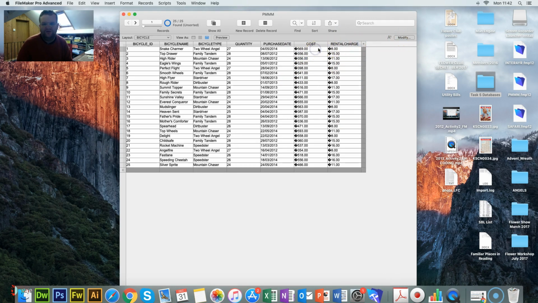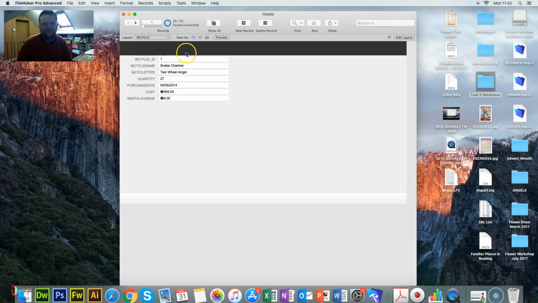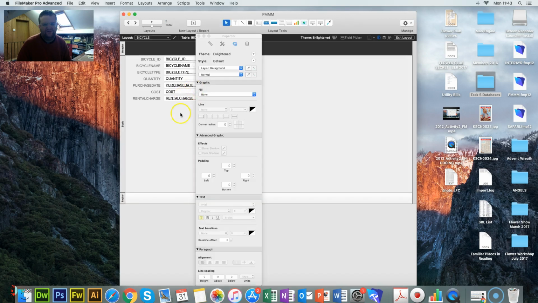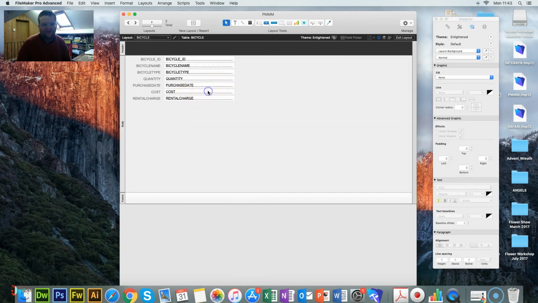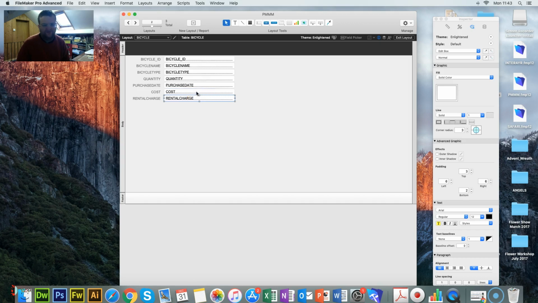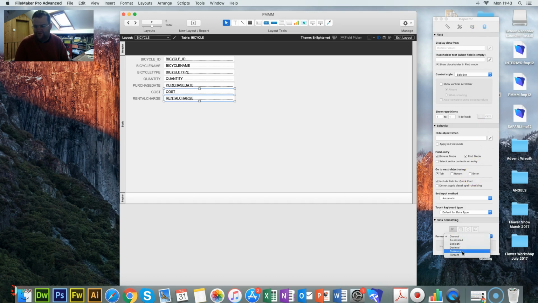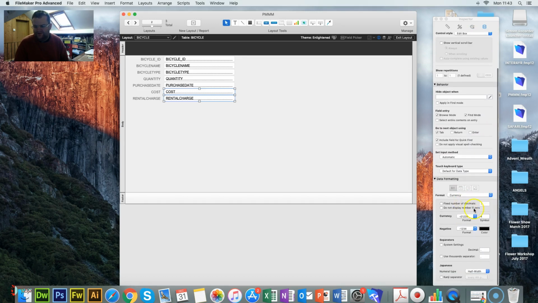So I can then go here. I go to the normal view, click, hold down command, oh no, control I should say. You should be able to set two at the same time. Oh yeah, edit layout. That's why it didn't work. This time when I edit the layout, I can click one, I can click a second with command or, there we are, shift. Holding down shift, go to data, go to format, which we set currency, 2 decimal places,